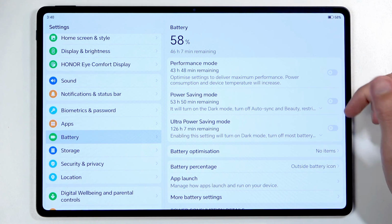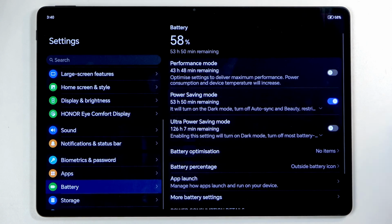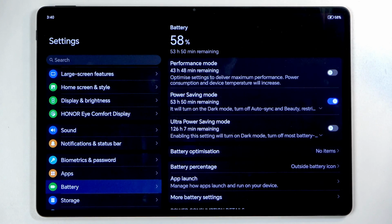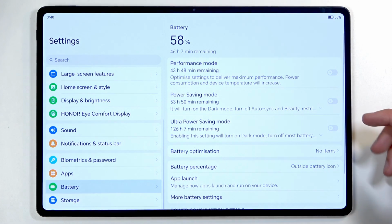So for clarity right here, power saving mode is primarily what you're going to be actually looking for, because it impacts your device in a very minimalistic way. So it enables dark mode and does a couple of things in the background, while the ultra power saving mode